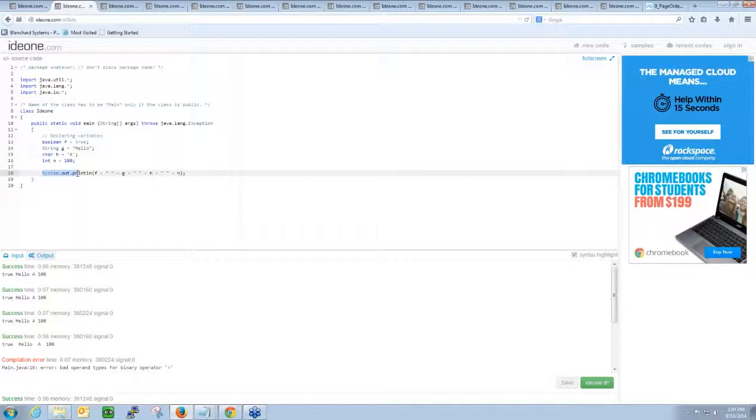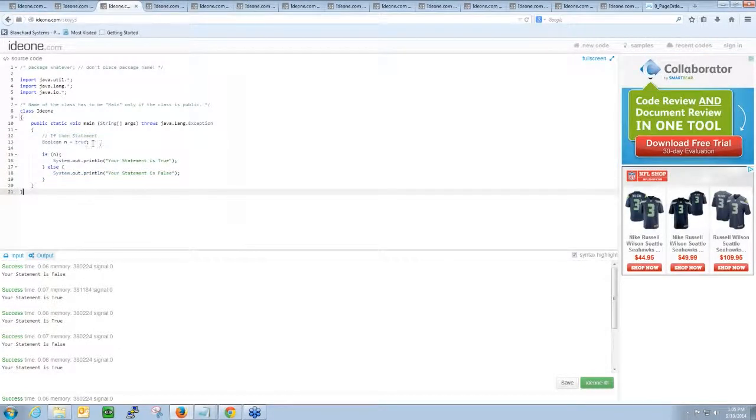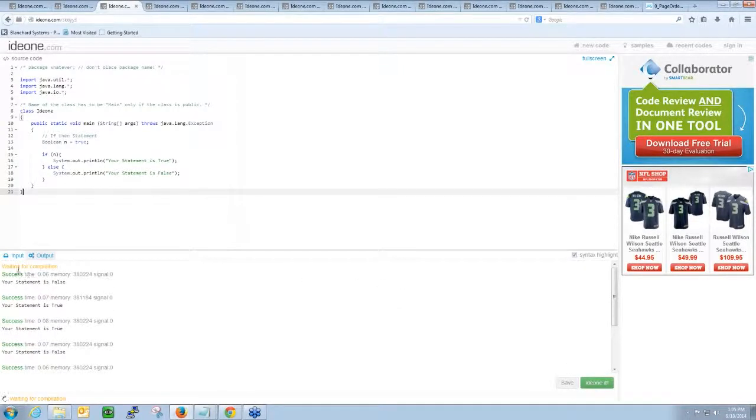As we see, when we print F, we get true. When we print G, we get hello. And when we print H, we get A. Print N, we get 100. Moving on to another function, if-then statements. Inside of Java, we can declare a Boolean function and run an if-then. If n, or if true, your statement is true, else your statement is false. Running the function,